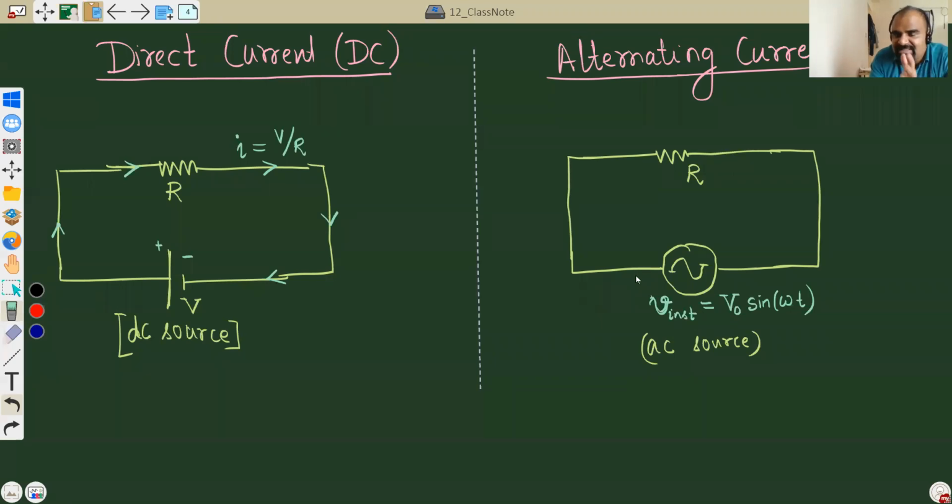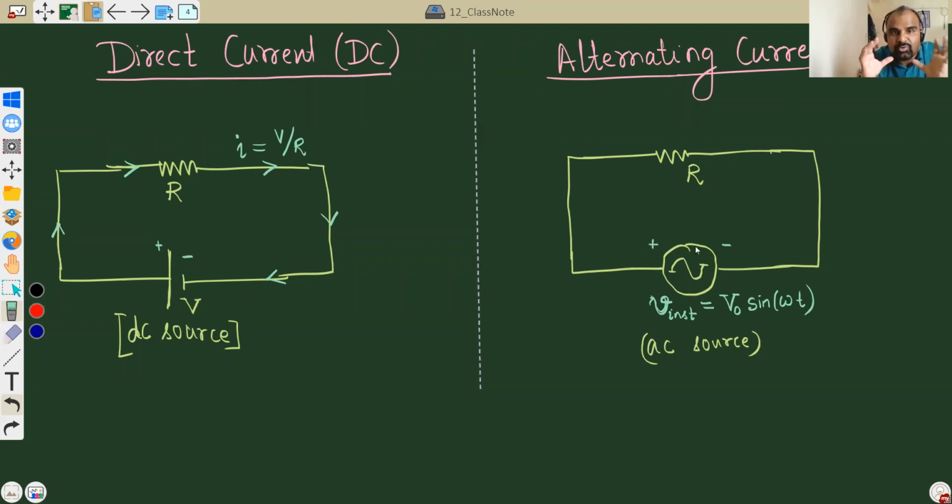And when you take a snapshot, when you take a picture at a certain time, suppose you find that this is the positive terminal, this is the negative terminal. I'm not saying that it is always going to remain the positive terminal and this is always going to remain the negative terminal. In fact, the positive and negative terminals will keep on alternating. But when you took a snapshot, at that moment, suppose this was the positive terminal and this is the negative terminal.